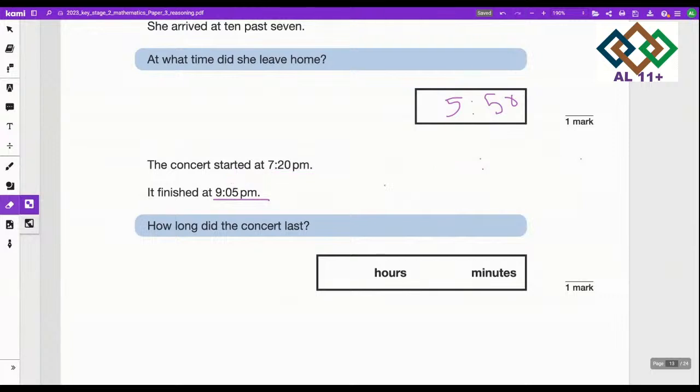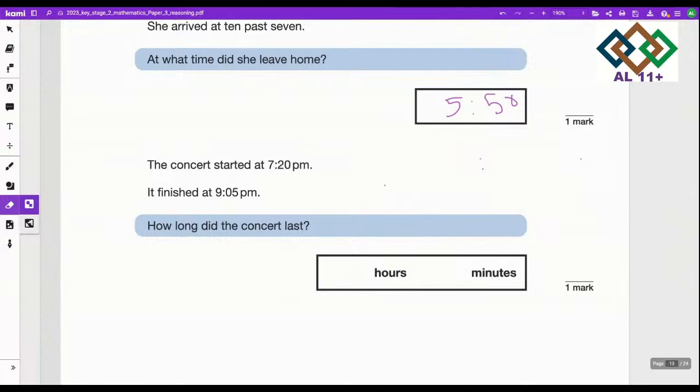So what do you think? How many hours did the concert last for? It's less than 2 hours. We know that. And you know that it's 20 minutes because 7:05 to 8:05 to 9:05, we can't do that. It's less than 2 hours, so it'll be 1 hour and some minutes. So what do you think the answer would be for this one? It would be 1 hour and 45 minutes. The concert,